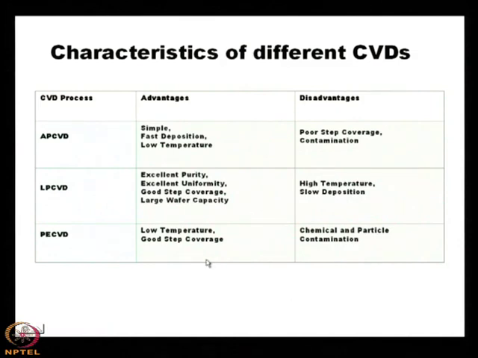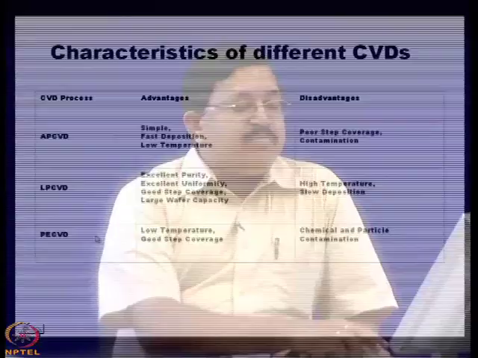So, not only are CVDs used for epitaxial film growth, there are other applications of these CVDs. In that sense the whole wafer is put inside the CVD chamber, particularly for microelectronics. In PECVD only 4 wafers can be handled at a time, whereas in LPCVD 25 wafers can be handled at a time. So, for cost effectiveness, LPCVD is better than PECVD.